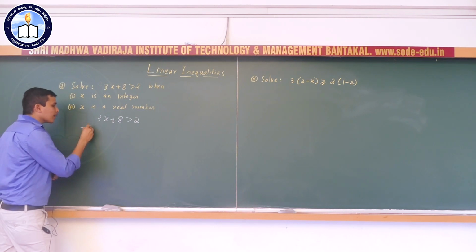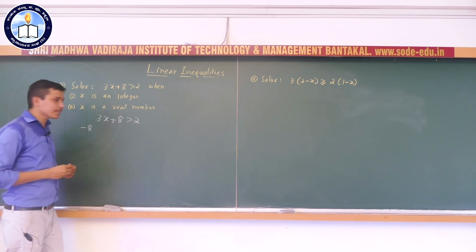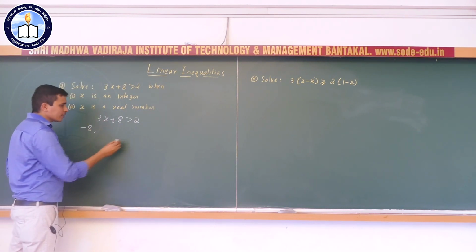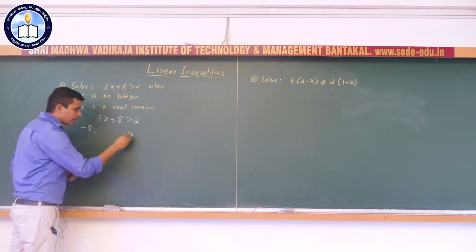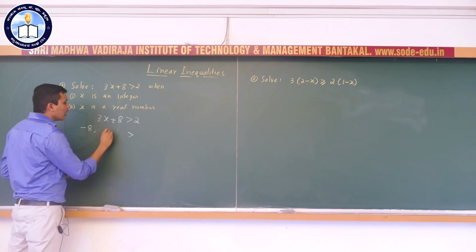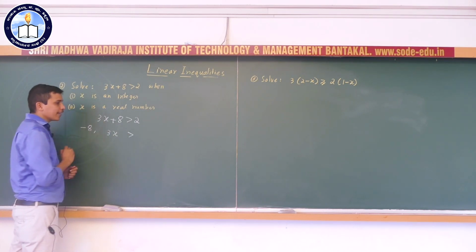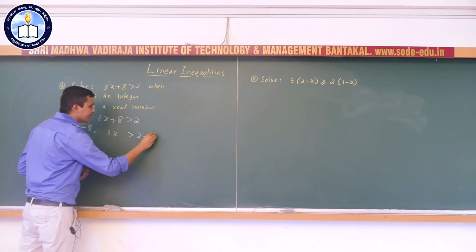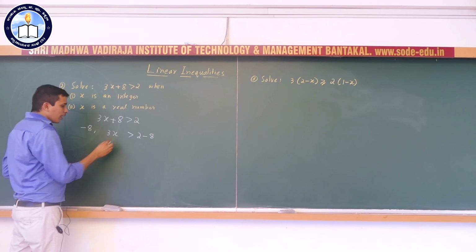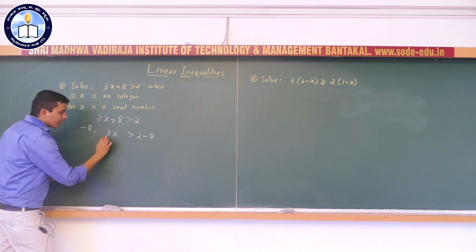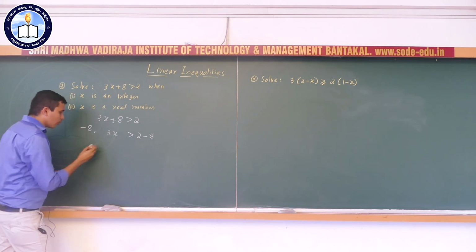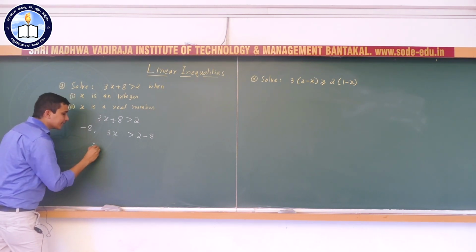If you add or subtract, the inequality remains the same, right? So that's why I'm going to subtract on both sides. The inequality remains the same, it doesn't reverse. So now here it is 3x, while subtracting 8 on the left hand side. On the right hand side it's 2 minus 8, correct? Now I need the x-containing term. I don't want 3, it is in the form of 3 into x, so I need to divide by 3